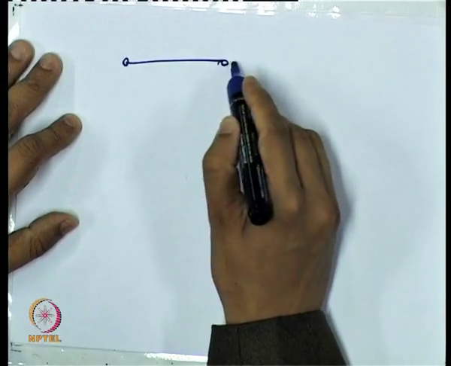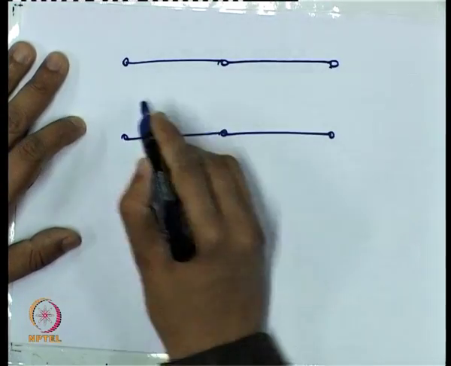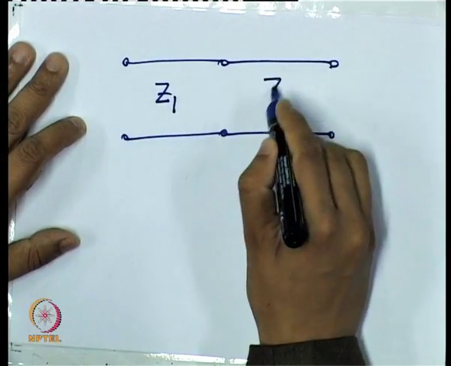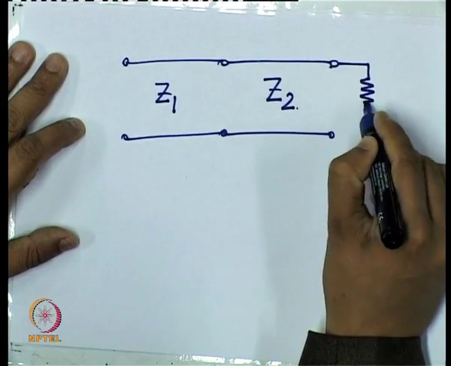And one of the ways that I suggested in the previous module to increase the bandwidth could be to have multiple sections of transmission lines cascaded to each other. So let us see how to do that. The first problem that we have with multi-section transformers is, suppose we have two sections of transmission line, one having characteristic impedance Z1, the other having characteristic impedance Z2, connected with each other in cascade,